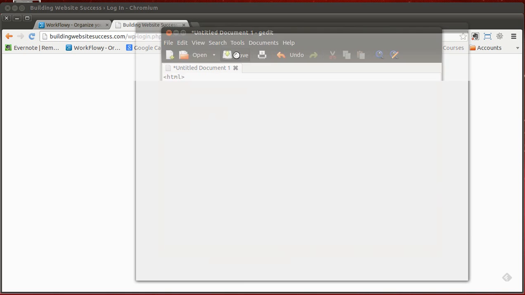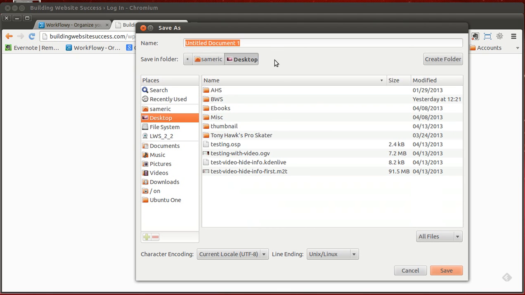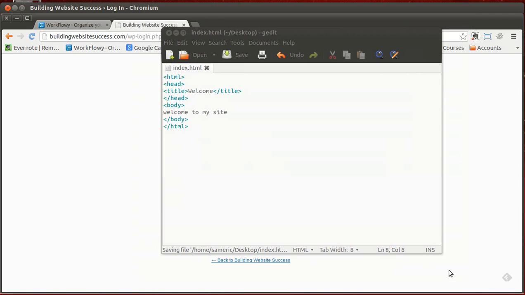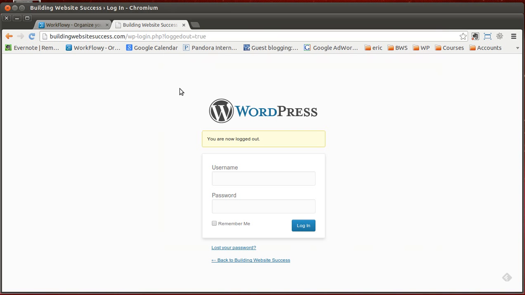Now we're going to save this here. So I'm going to put it under my desktop here, and we're going to name this index. And index is just pretty much the standard homepage name, and then make sure to save it as a .html so it knows how to read that page, and then save. Now it's saving, and now as you can see, these are turned a different color because it recognizes their HTML tag. So now we can open up,